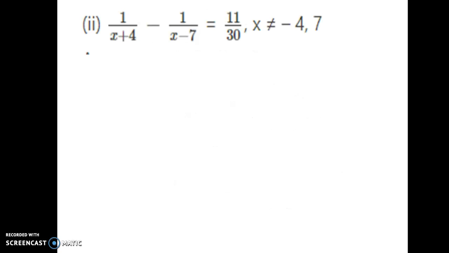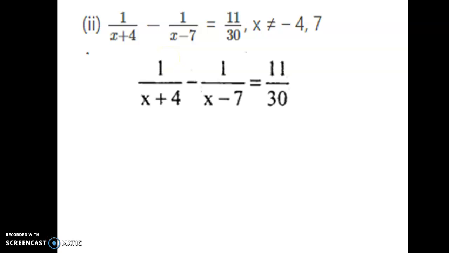Okay. Then the second subdivision. You can see here, this is also not in the form of a quadratic equation. So if you simplify, you will get a quadratic equation, then continue with the quadratic formula to find out the roots. That's the method in this problem. So here also it is in the form of fraction. So first let us take LCM. Okay. So for this fraction, this 2 will be the LCM. So you have to multiply x minus 7 in this numerator and x plus 4 in this numerator.